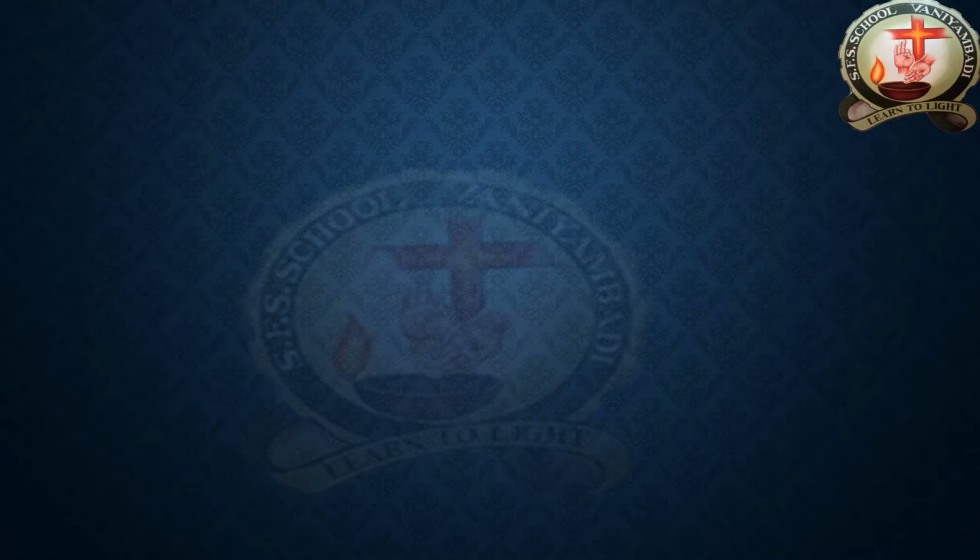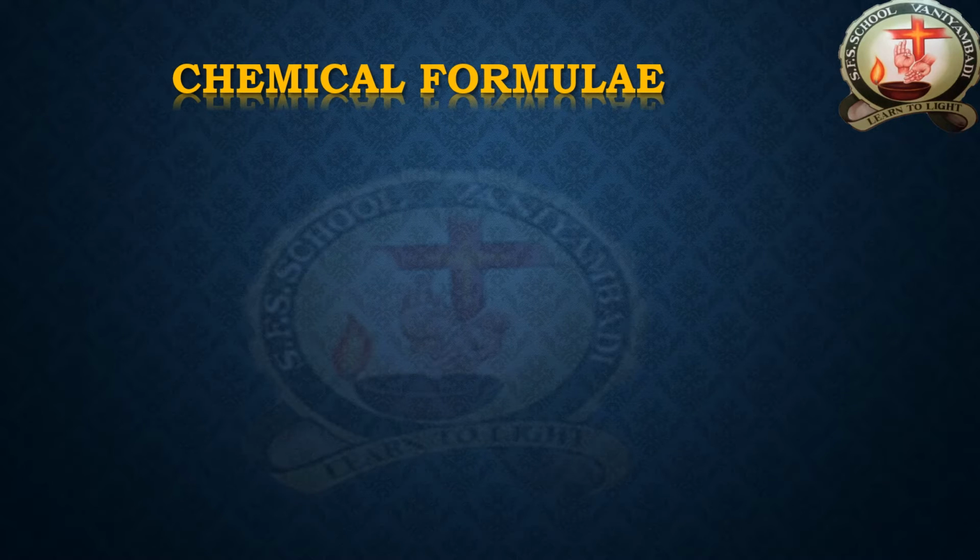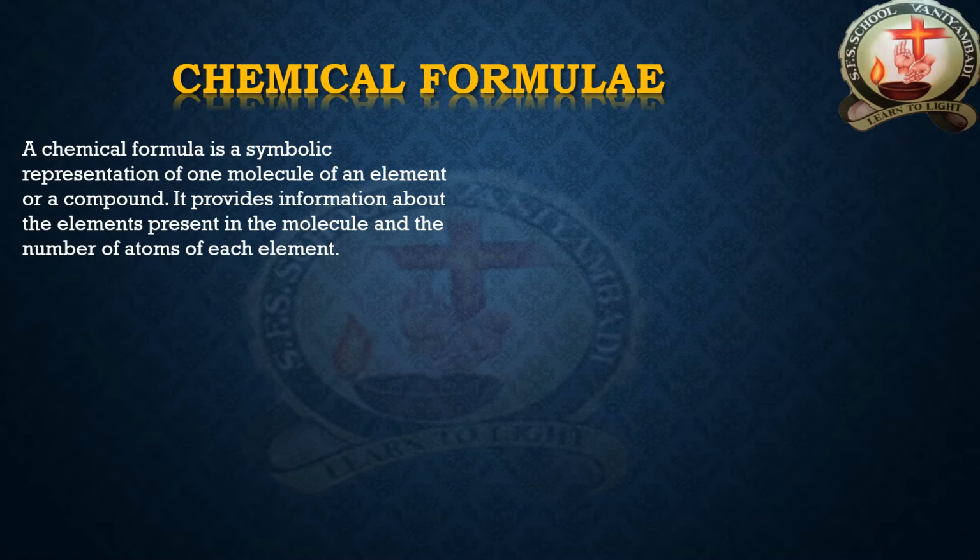Now we are going to our section, chemical formula. The chemical formula shows what chemical things are there in your compound. We are going to represent it in a new manner. A chemical formula is a symbolic representation of one molecule of an element or compound. What things are available in a compound? Two or more different types of elements or molecules. How are we going to represent it? We are going to see this now.